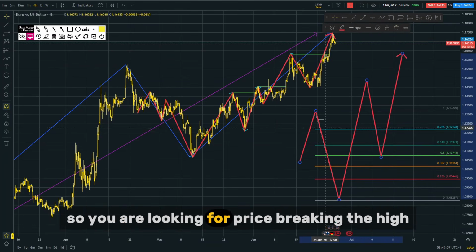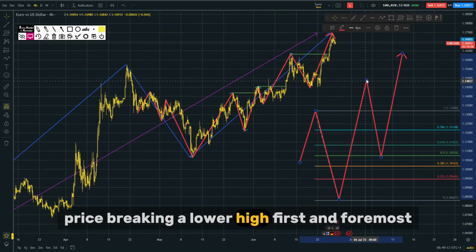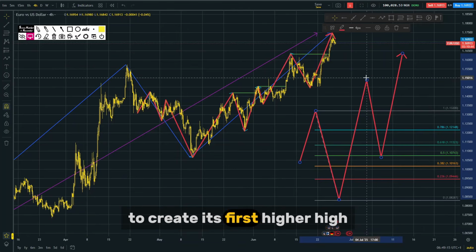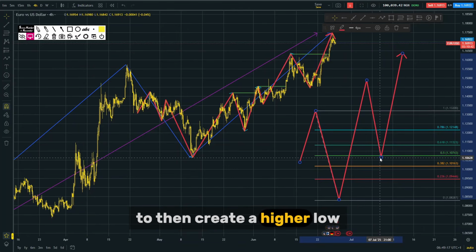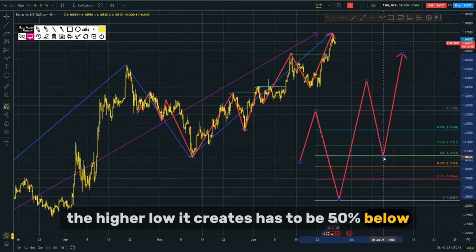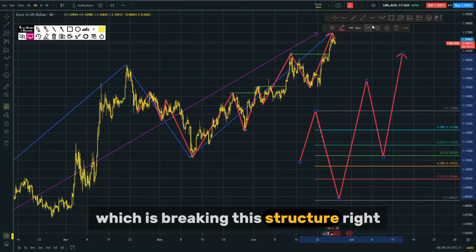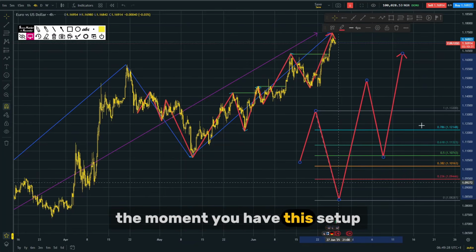So you are looking for price breaking a lower high first and foremost to create its first higher high, to then create a higher low. The higher low it creates has to be 50% below, and then creates another higher high, which is breaking this structure, right? The moment you have this setup,